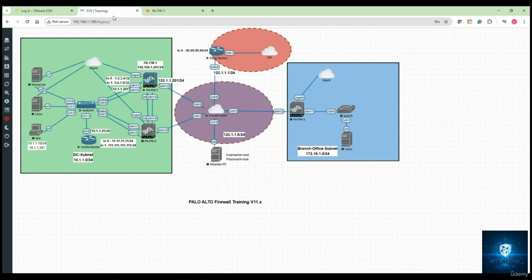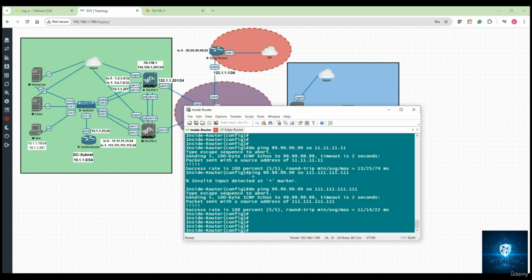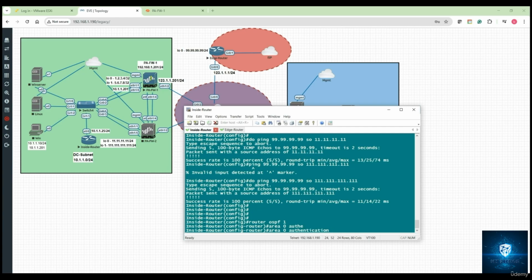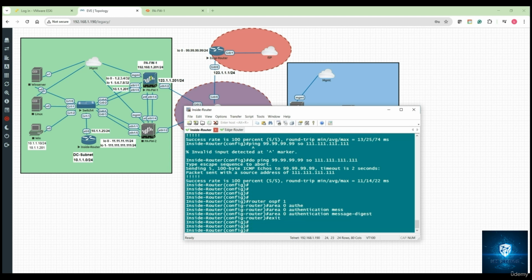In the meantime, we need to go ahead and configure OSPF authentication on the inside router. So I'm on the inside router, and first of all I should go to the OSPF process, and I should say authentication for area 0. So I should say area 0 authentication, and I want the type to be message digest, and then I should go to the respective interface, which is here